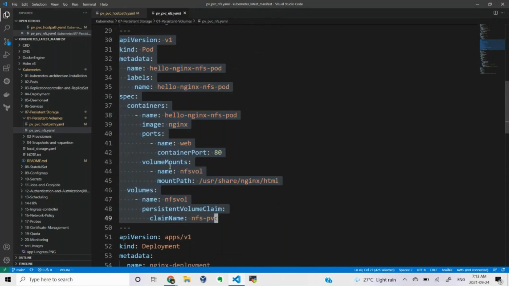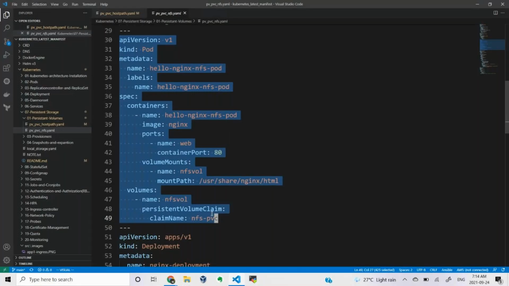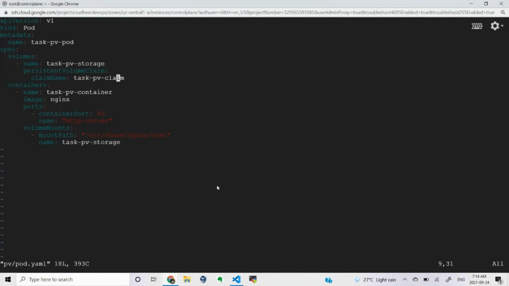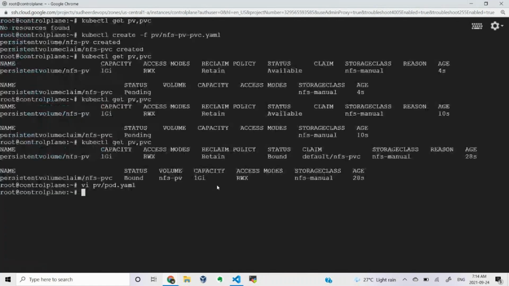So what is your PVC name that you have to modify here? Is it nfs-pvc? Yeah. So it's the same name. Okay. No need to worry. Well, this is another example, I guess. Okay. Let me try to overwrite this. Okay. So let's save this and come out. Simple Nginx example. It will try to serve the data. That's how it is.